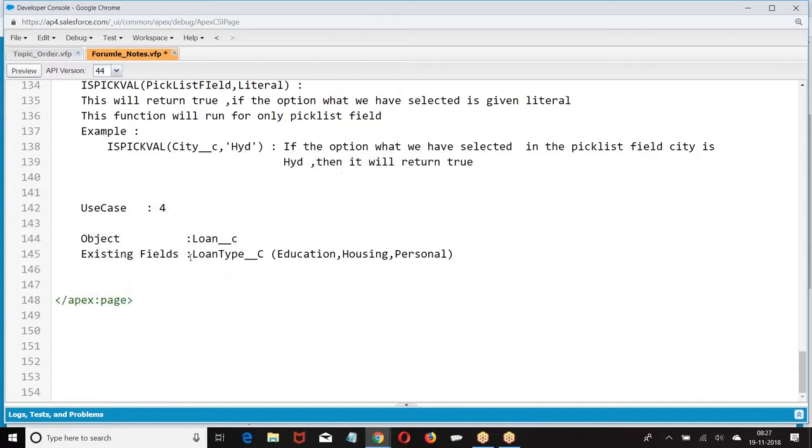Now we have a pick list field called loan type. The field which you want to create: field name, processing fee, run type, currency.